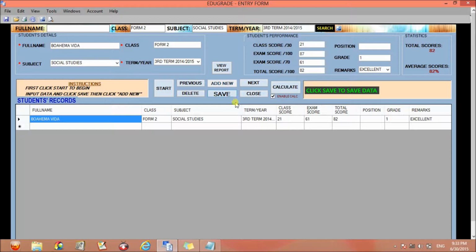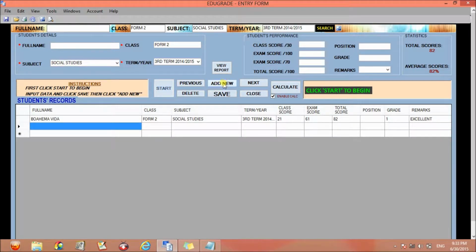We have point number 1, Wahima Vida. After Wahima Vida, you were supposed to click add new, but because you clicked search, the add new button was disabled. Whenever the add new button is disabled, the start button is enabled. So you use both add new and start interchangeably. Okay. So the second on the list, let's choose